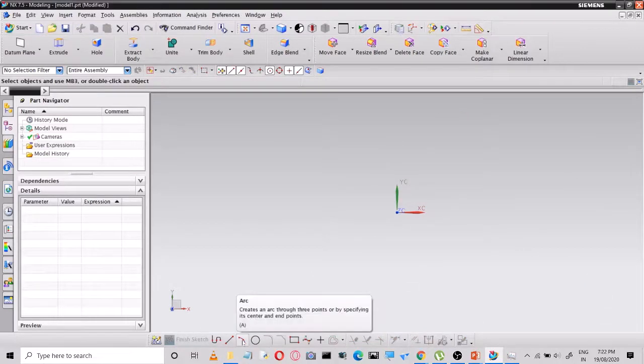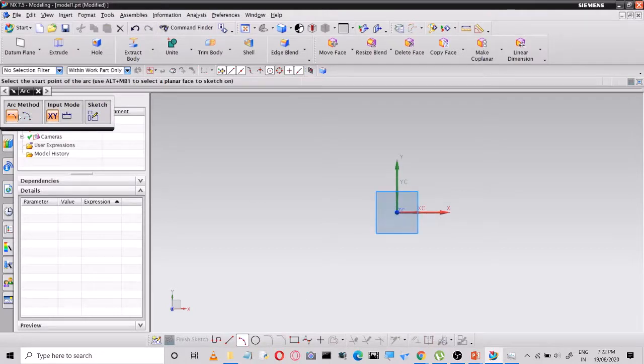So next is arc. So you got two methods here to draw an arc. One is arc by 3-point method, another one is center point and its radius. Center point or end points. So let us go for 3-point. You need to just pick 3 points here.